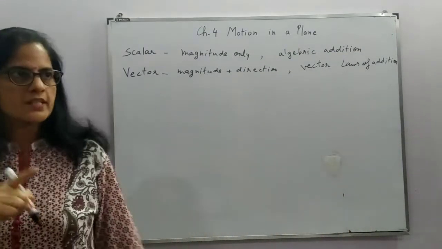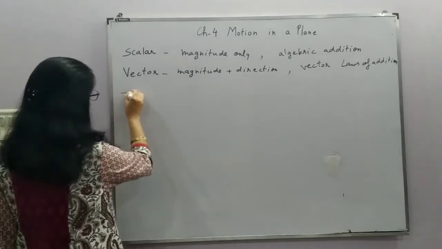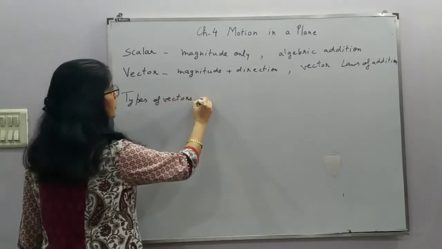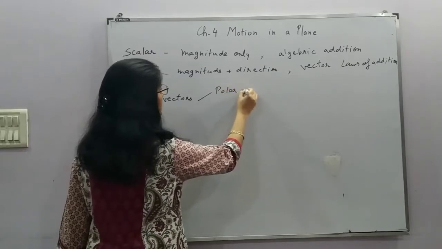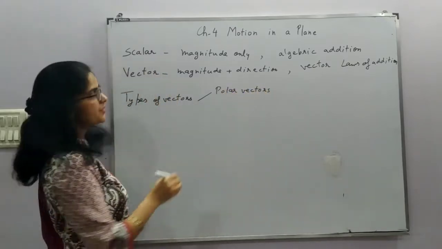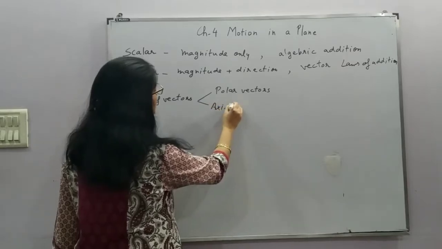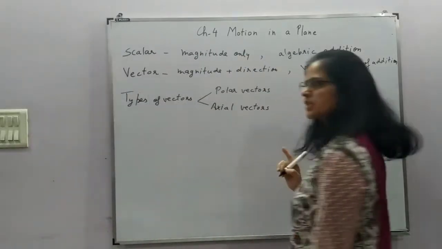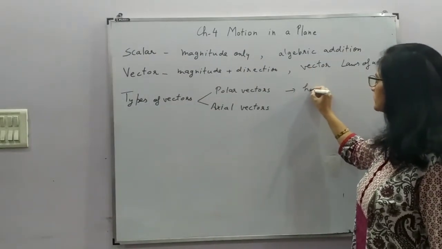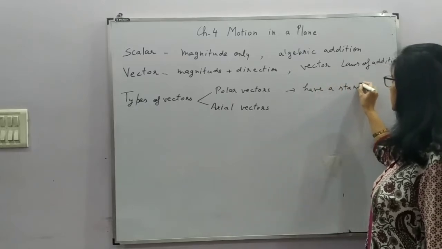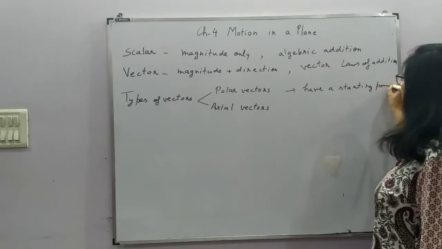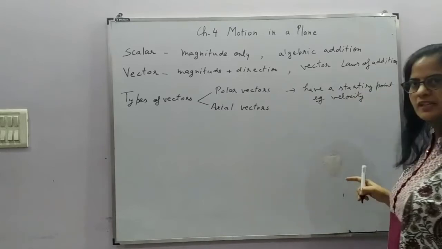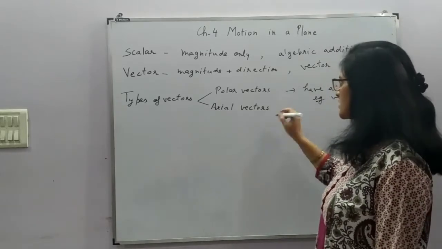Then we will have to consider the types of vectors. So if we talk about the types of vectors, we have polar vectors and the axial vectors. In case of polar vectors, the vectors having some starting point. For example, velocity, displacement, etc. Now, axial vectors, these are related to